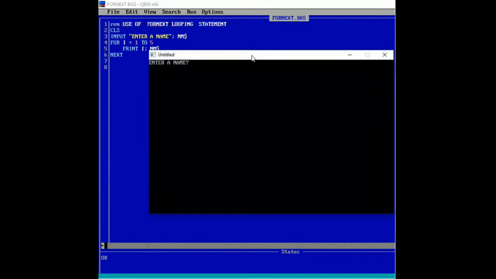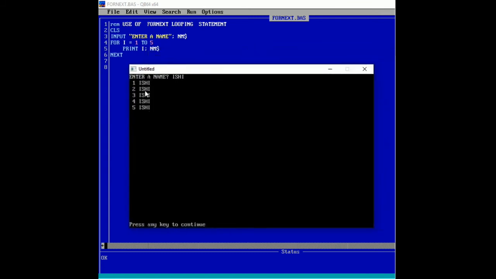So here you can see the output is printed. The name is printed 5 times according to the loop.